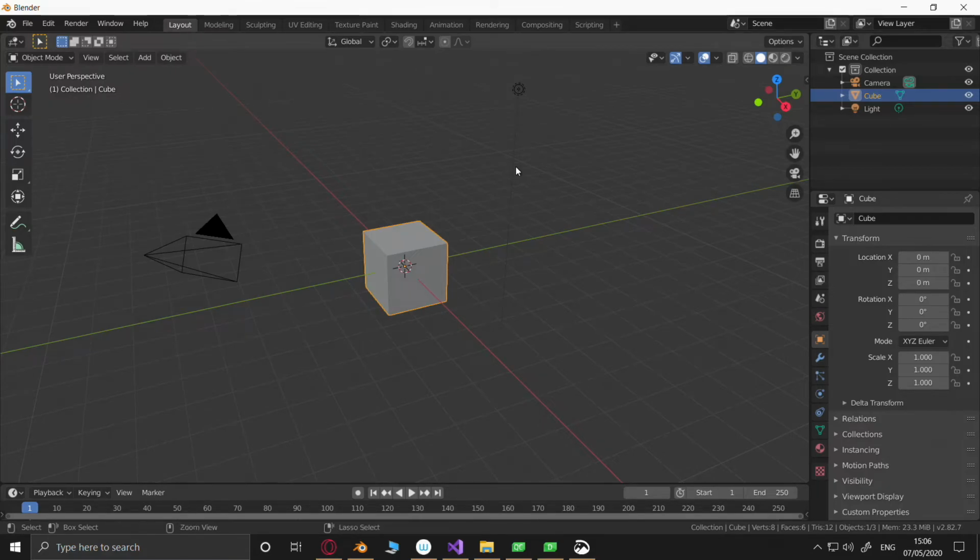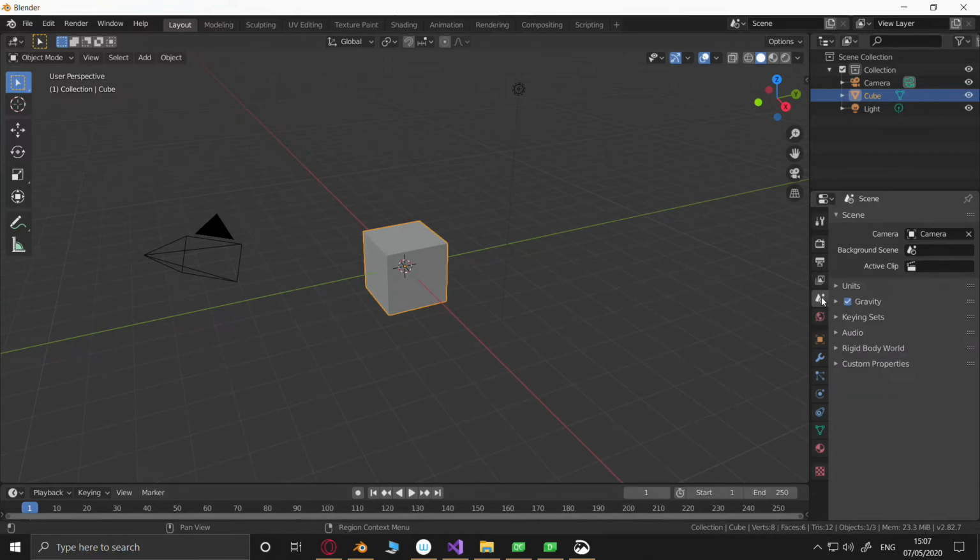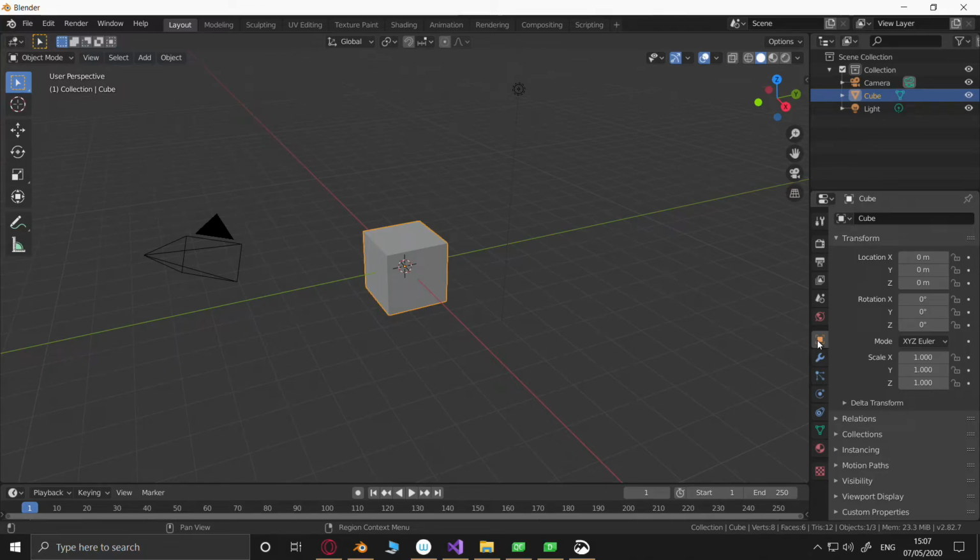No. I press Control N. No. Properties. Has it moved? Ah, it's here.